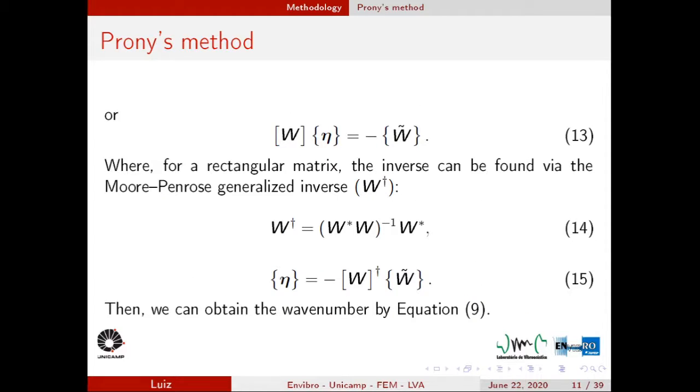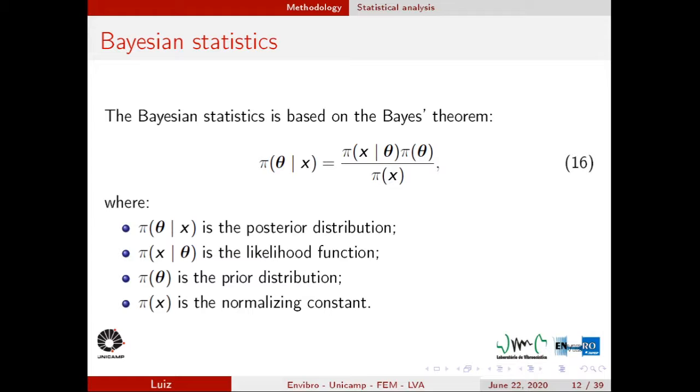The vector of parameters eta can be obtained via a generalized inverse, and after this vector is obtained, we can use them on equation 9 to obtain the exponentials, which has the wave number inside. The Bayesian statistic is based on the Bayes theorem. Therefore, the posterior distribution can be obtained by the product of the likelihood function with the prior distribution and divided